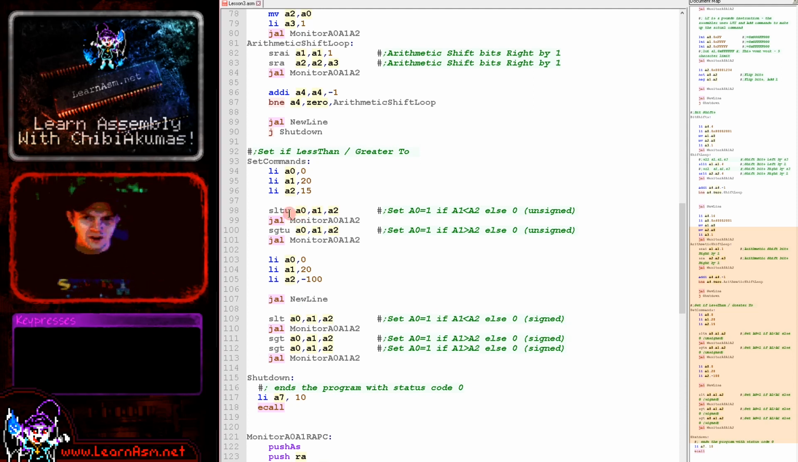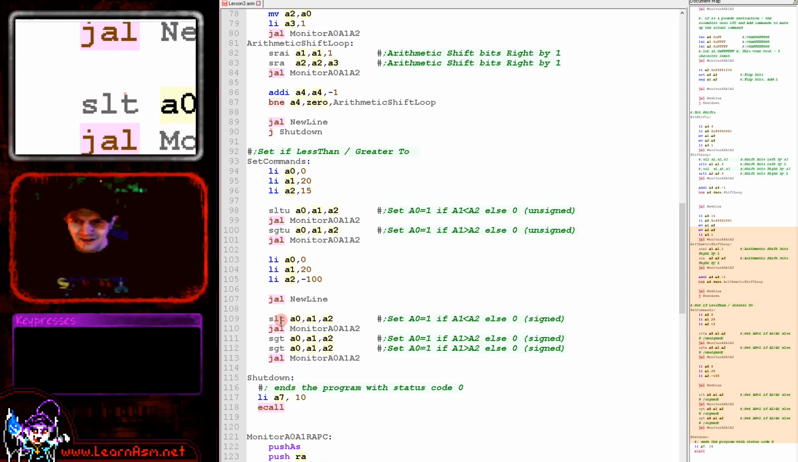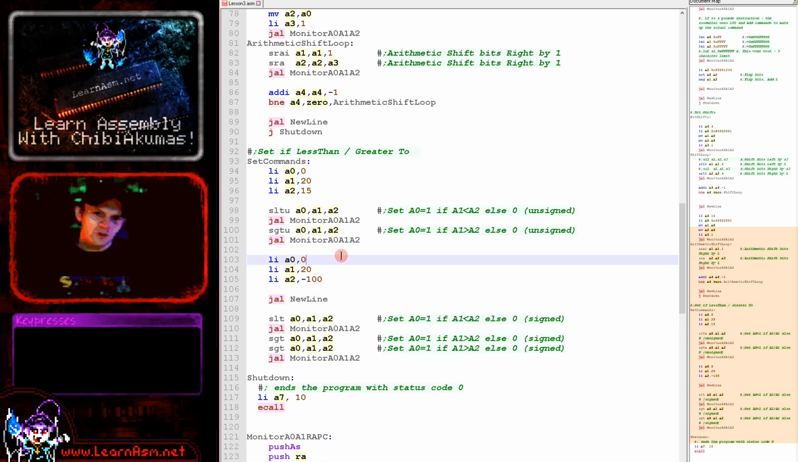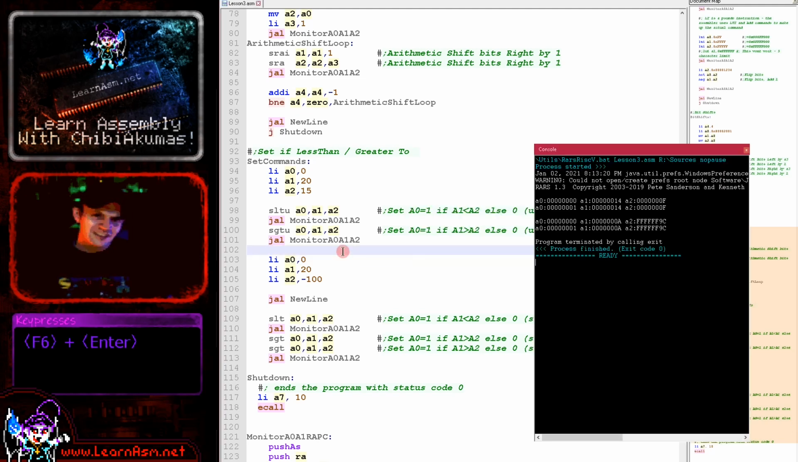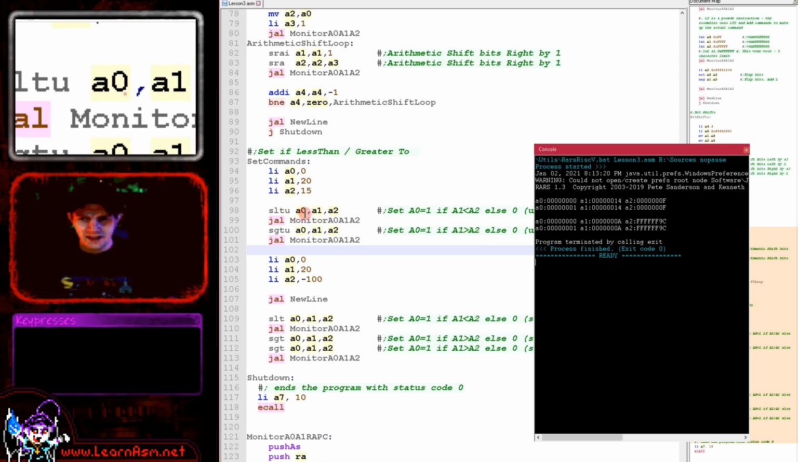And we've got, as I say, set less than unsigned, set greater than unsigned, set less than, and set greater than, which are of course the signed versions. We do have versions that work with immediate numbers as well. So these are a little bit strange to me, but basically, as you can see, we're doing set less than unsigned here, and we're setting